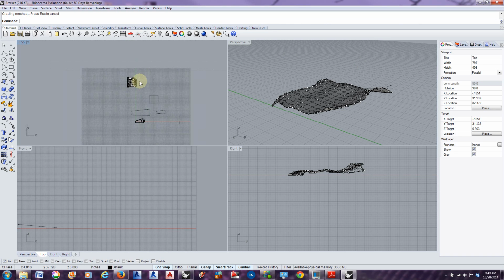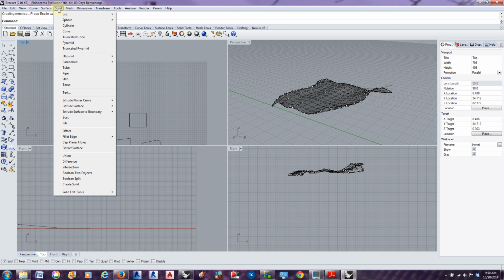Couple of things that we didn't talk about really were how to create a solid. I think we briefly touched on it, but we didn't get into it. We talked about a box. Did we get into the solids at all last class? No? All I did was cap one, capped a surface. Okay. So not to get too far off track from what I wanted to do today, let's create a